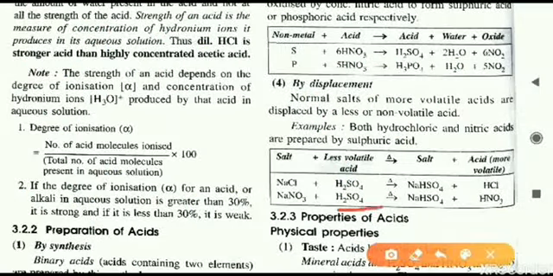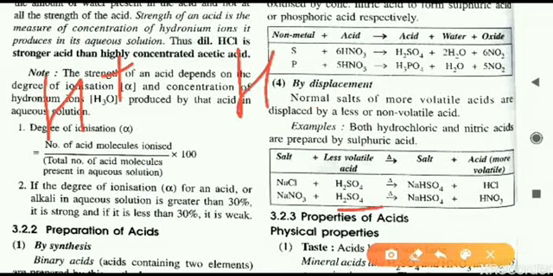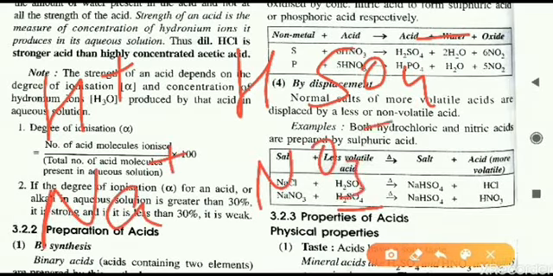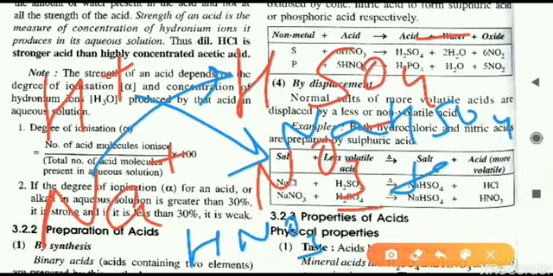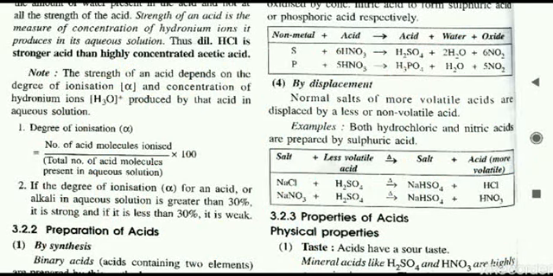Similarly, the second reaction also proceeds. Here H2SO4 releases one H plus ion, and remaining in this H2SO4 is HSO4 negative. It combines with NaNO3. Na is positive, NO3 is negative. Again that same interaction of positive and negative charges takes place. H plus combined with NO3 minus, we get HNO3. Similarly, Na plus combines with HSO4, what we will get is NaHSO4, that is a salt. This is a salt, and HNO3 is acid.